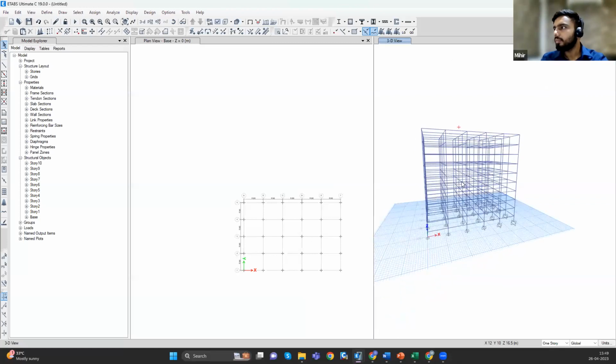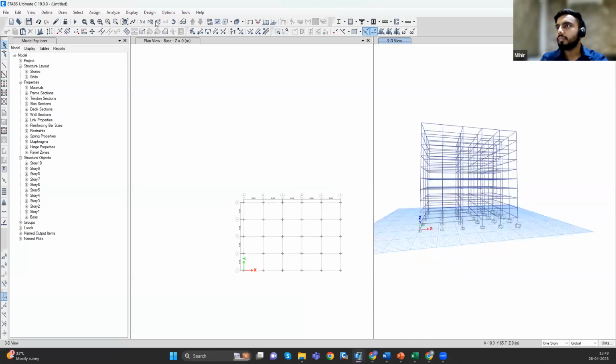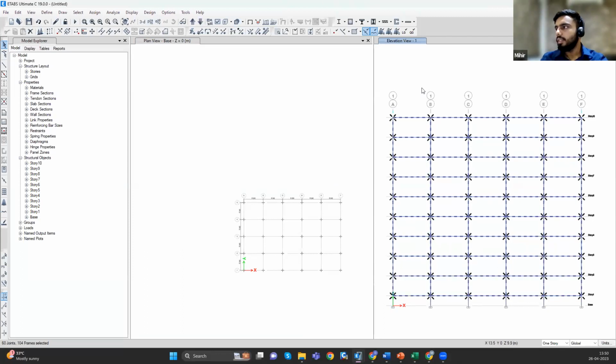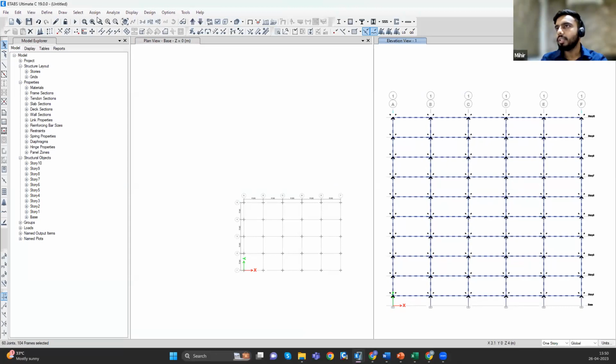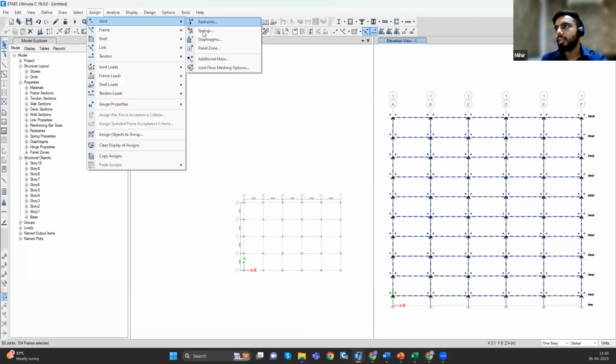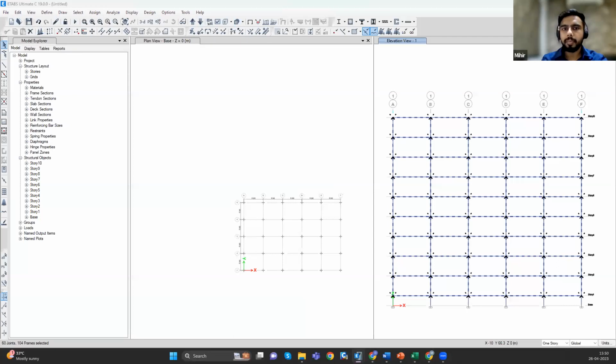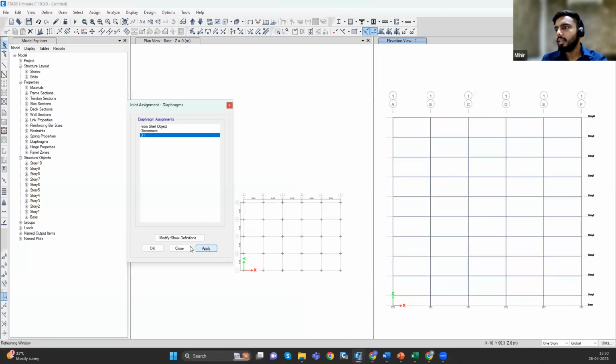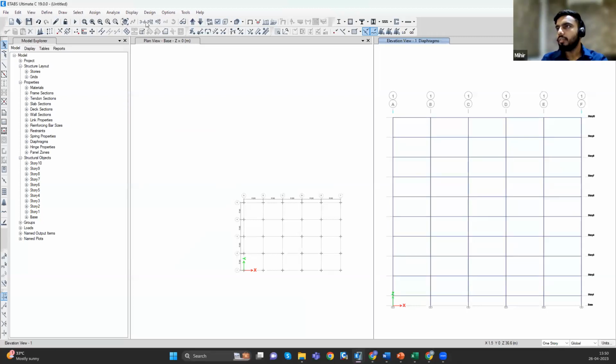Suppose I choose the elevation view in this manner, and I select these nodes. I'm not choosing the last one, and then I go to assign, joint diaphragm. From here, I will be assigning the diaphragm D1. I click on apply, click on close. Now if you see the 3D,